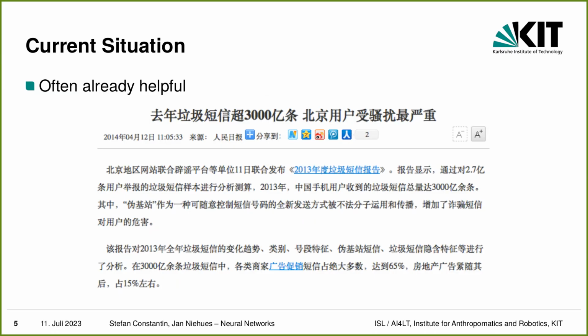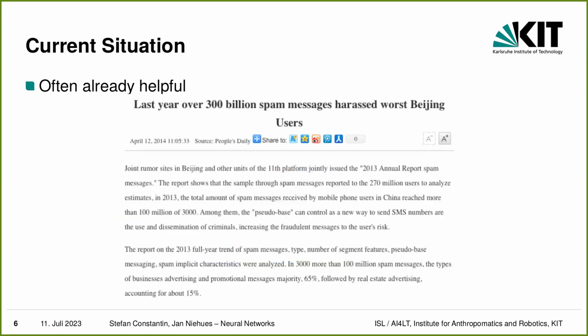With machine translation, you might just be interested in getting the gist of what this article is about. If you apply, let's say, Google Translate from 5 years ago, the output quality might not be so great,